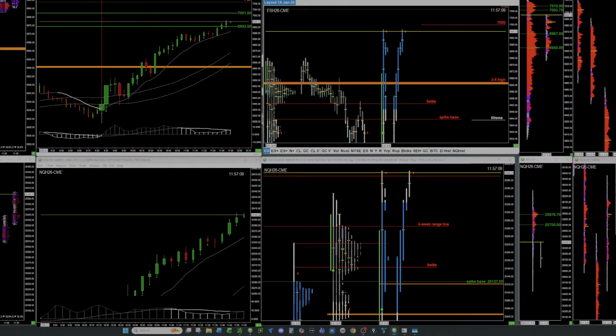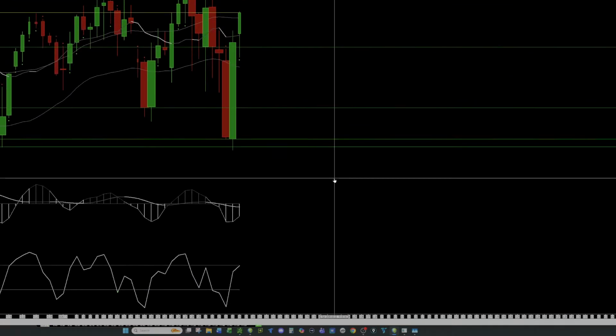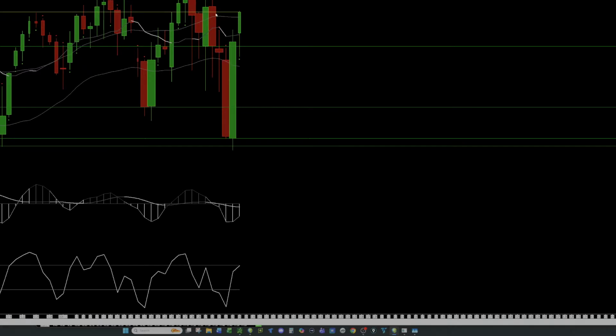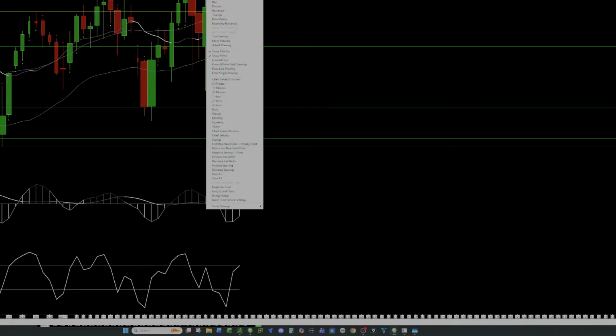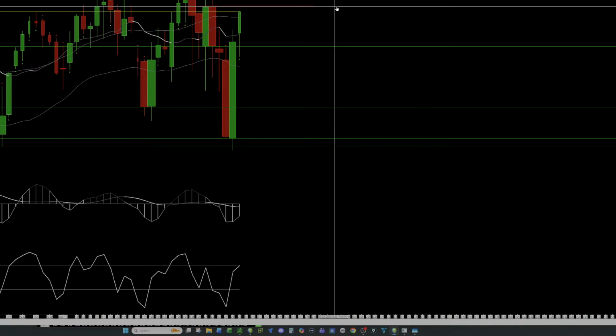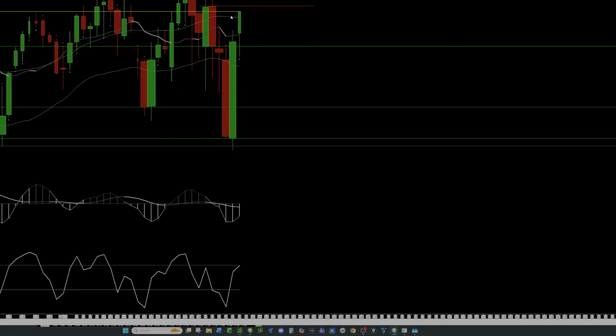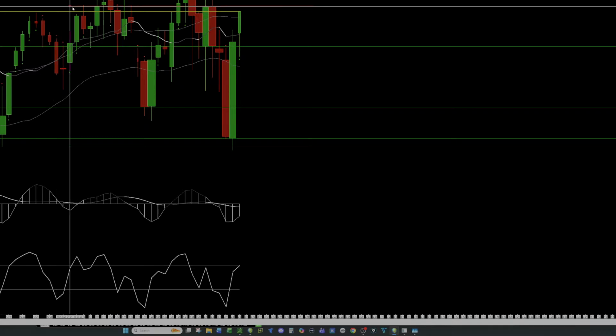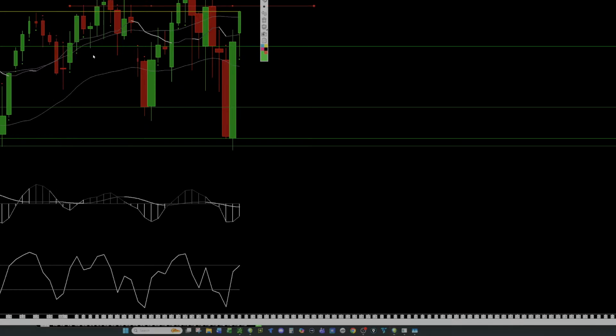Let's take a look at the daily charts as well. This can be a good level to watch here, this one here. What is this? It's 7,000 as well, right? And notice how many times this one is being used, right? The market takes that one,